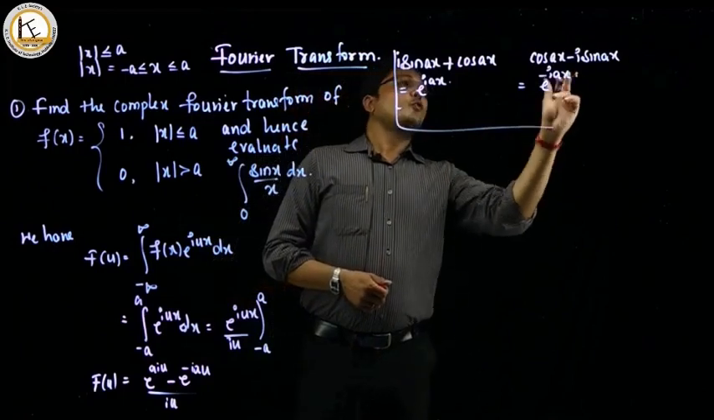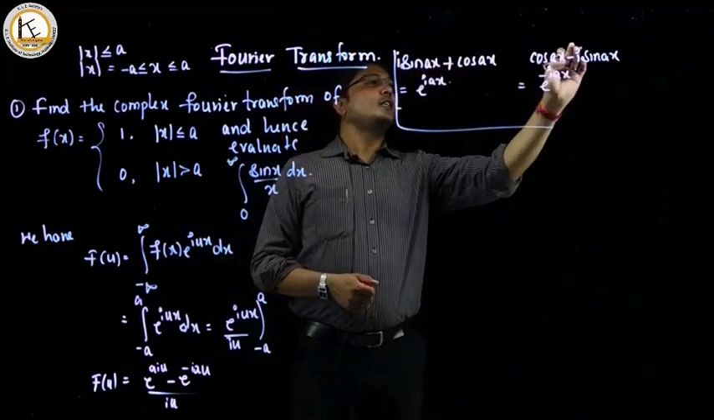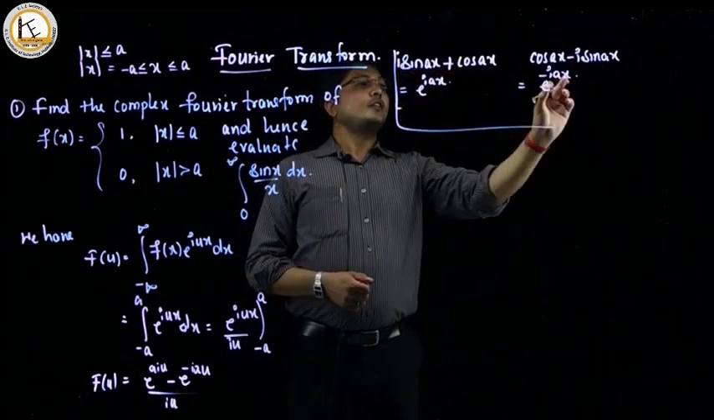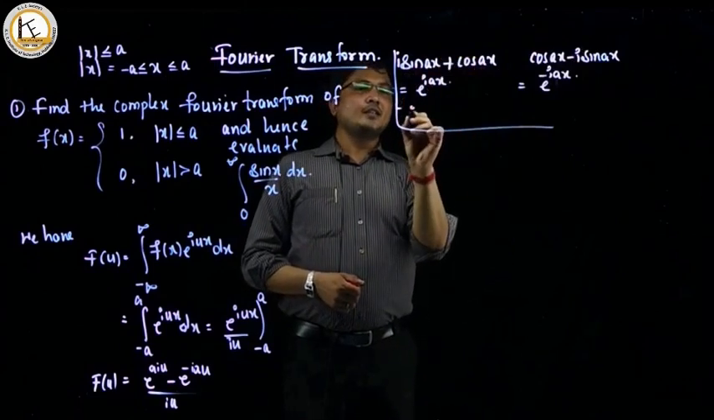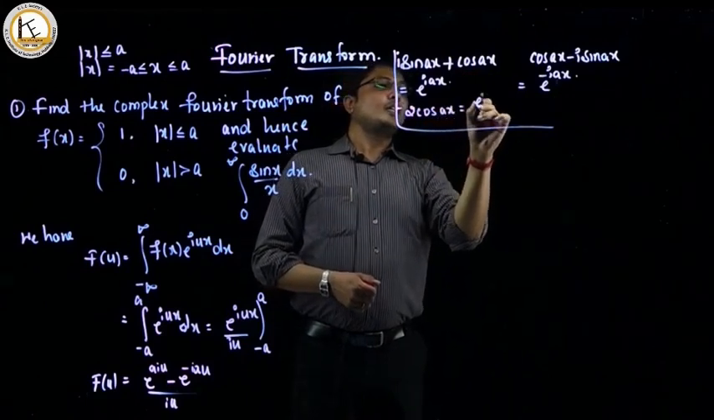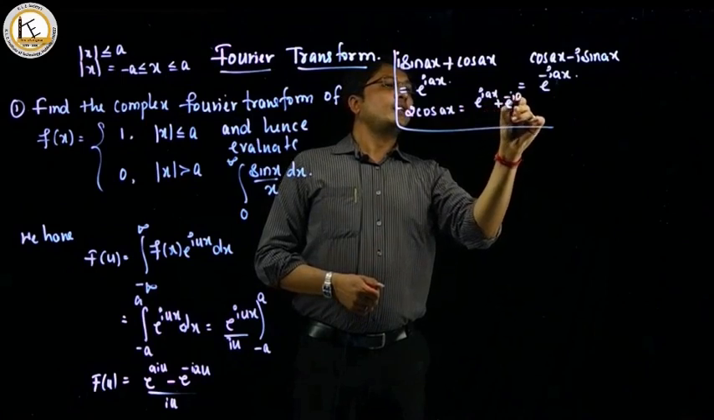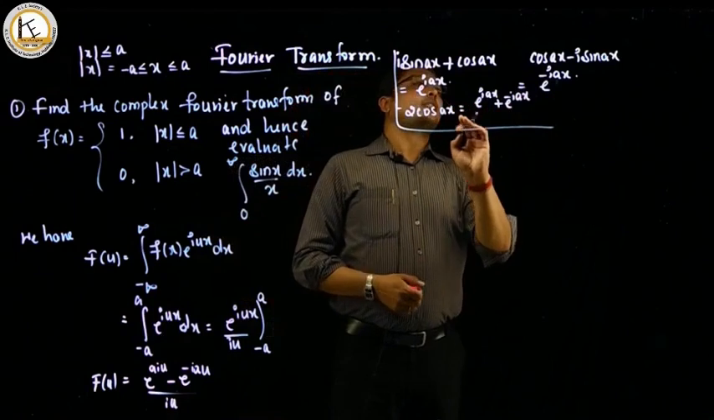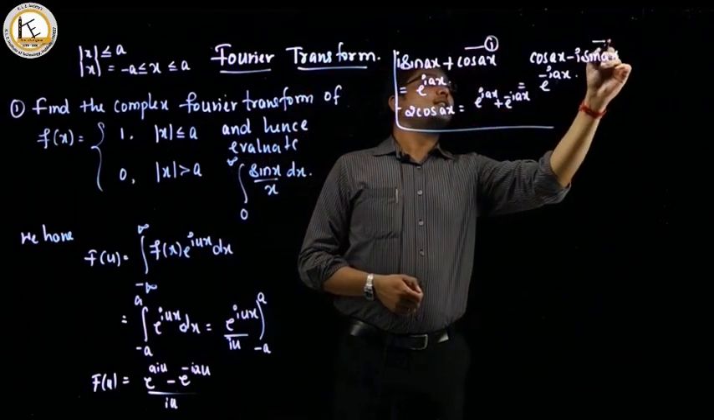So if you add these two equations, the sine terms get cancelled. When you add them, you will get 2 cos ax is equal to e raised to iax plus e raised to minus iax. In a similar way, if you subtract, taking the first equation minus the second equation,